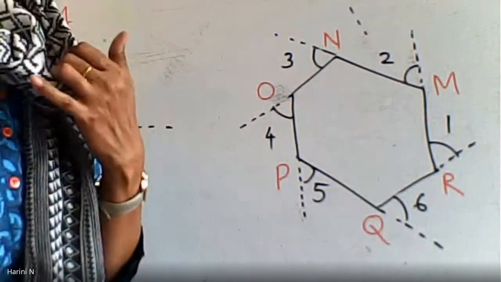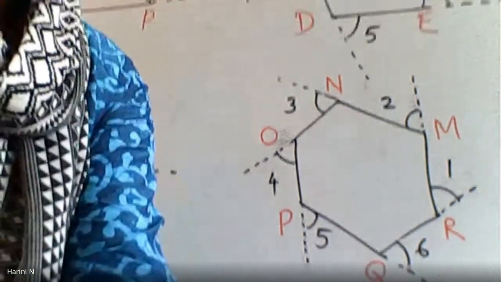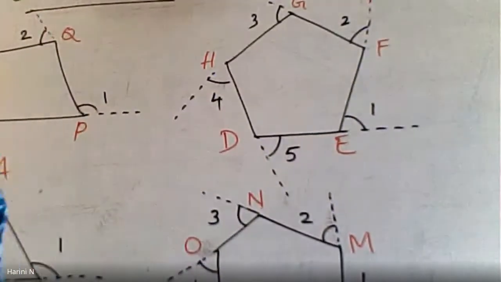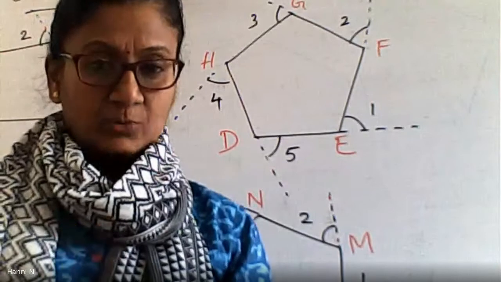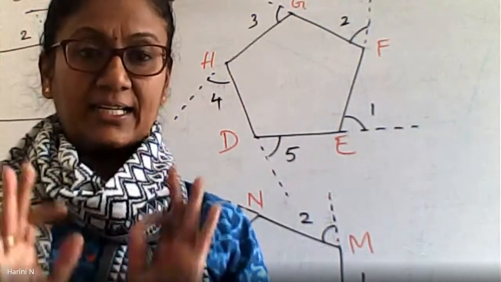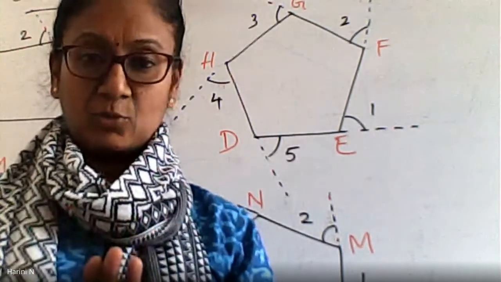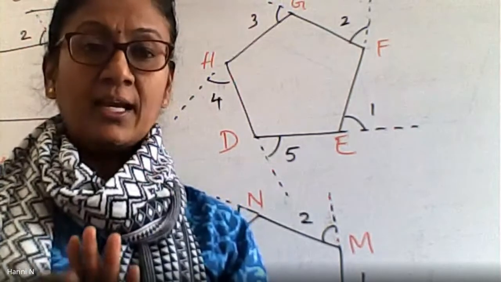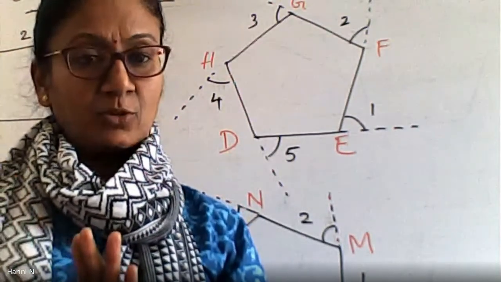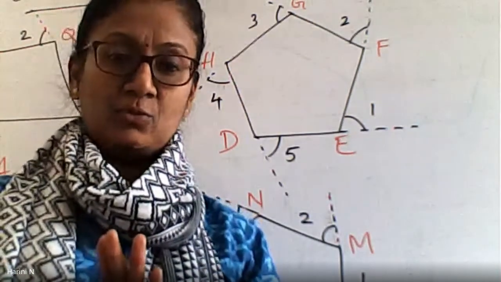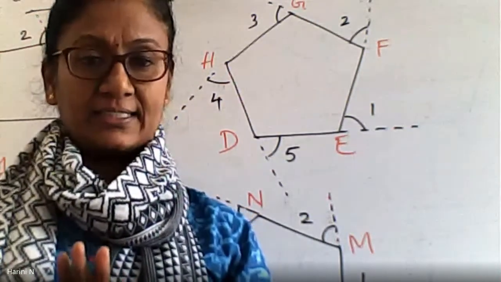Exterior angles locate madodalle tappadre, then there is lots of problem which is awaiting you, which you should not allow to happen. Alright, that is why I am showing this video. Ee tarane correct agi exterior angles anna mark madkolli. There should be no problem in identifying the exterior angles. Exterior angles anna tappagi tagondre matte nimge 360 barode illa. It will not sum up to 360 degrees at all.